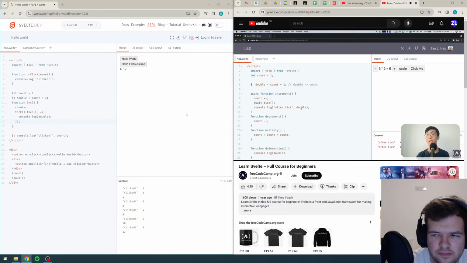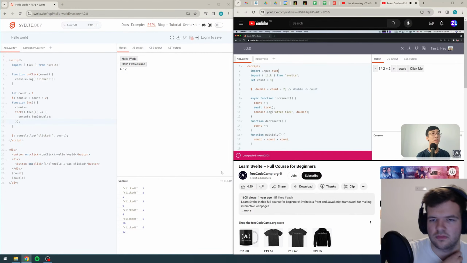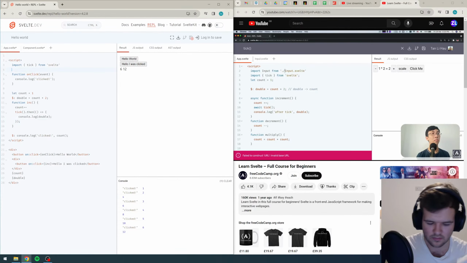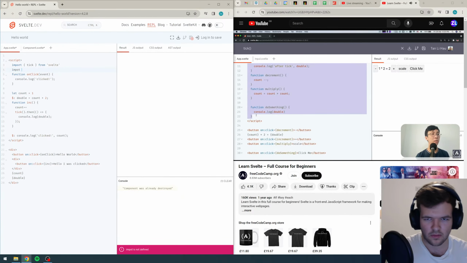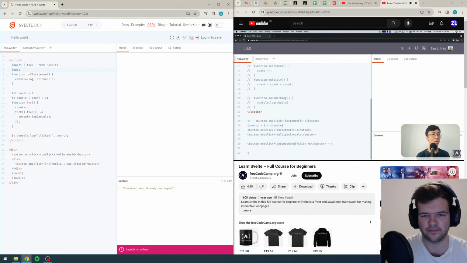So what are the use cases of this tick function? Well, I prepared another example where you can use this tick function as well. So I'm going to import this component called input.svelte. Let me comment out everything and just show the inputs. So this input,